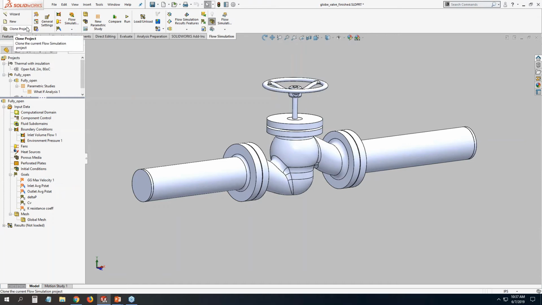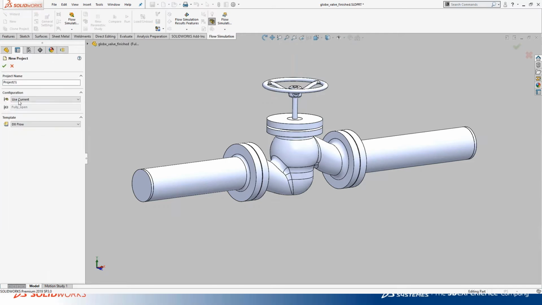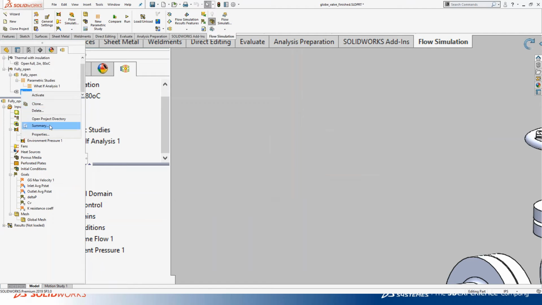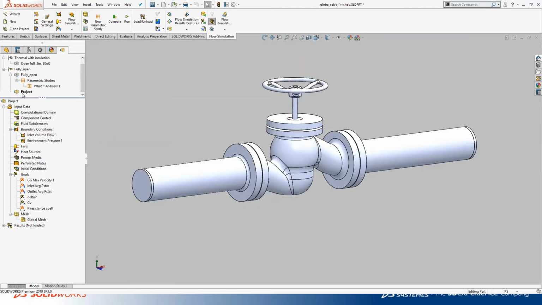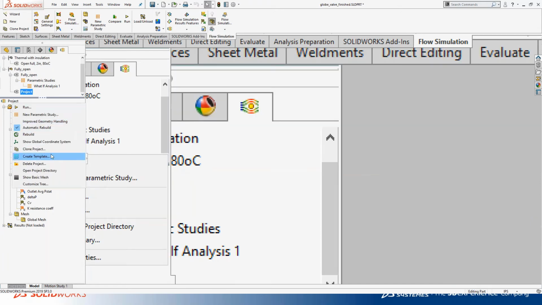All right, so with this setup, we could do the same thing with the wizard if we were going to start the problem from scratch, but I wanted to introduce a new way of doing it, which is creating a new project from a template. The default template type is internal water. That's just the default out of the box, but you have the ability to, say, activate a project, and then create that template directly from the